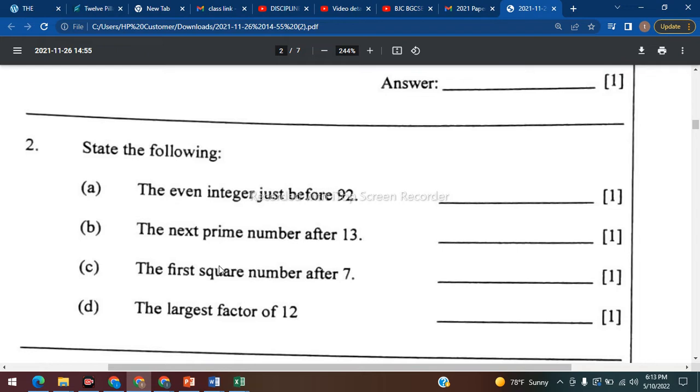2. 4. No, not 2, the first one. 1, because 1 times 1 is 1. Then 4. Why? 2 times 2 equals 4. Then after 4, you get what? 9, because 3 times 3. Very good. And then after 9, we get